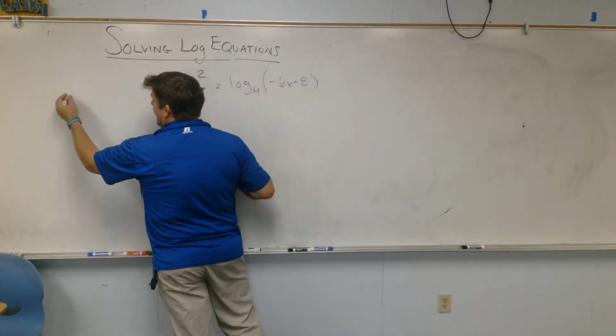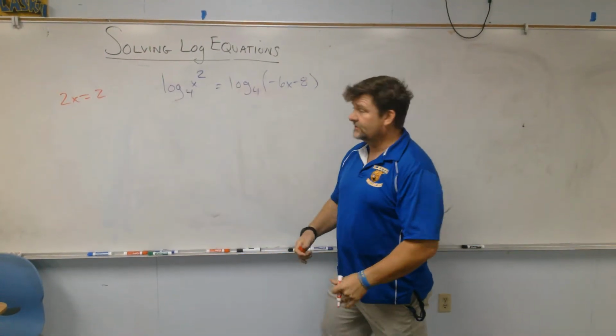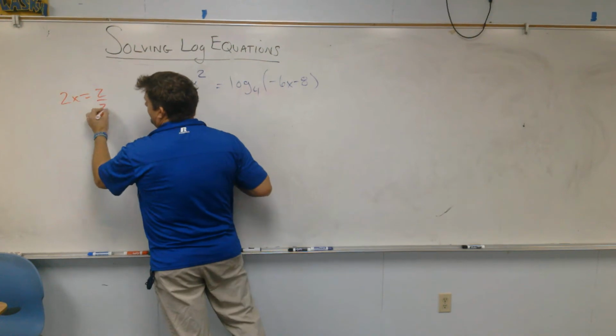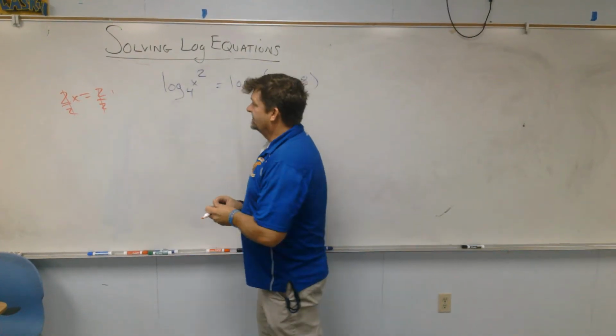In other words, let's say I've got 2x equals 2. What happens to the 2's? Well, we divide them out, right? We divide them out like this. They cancel and I get 1. Really what we're saying is